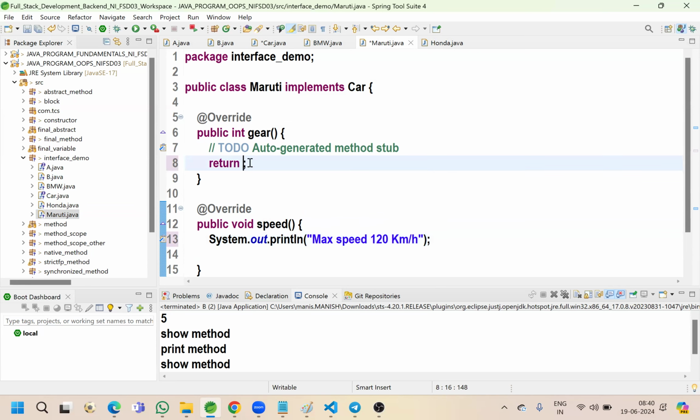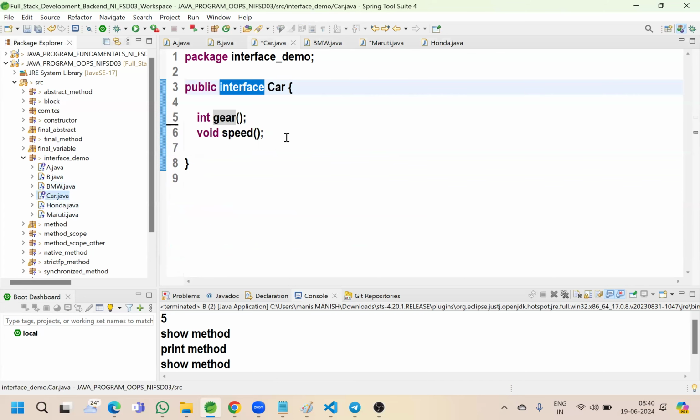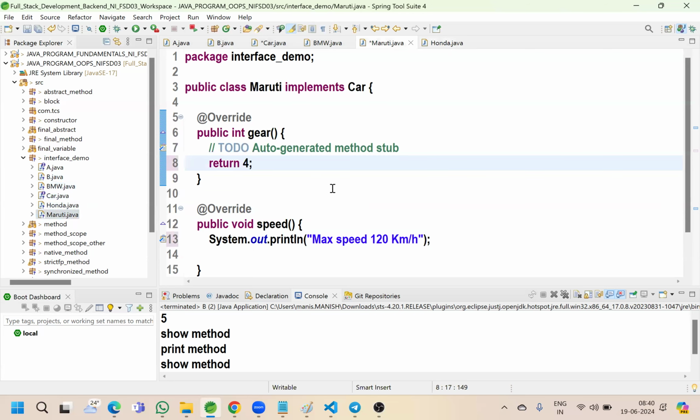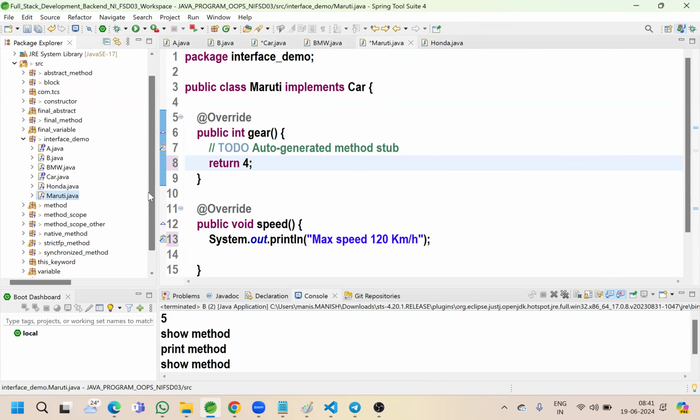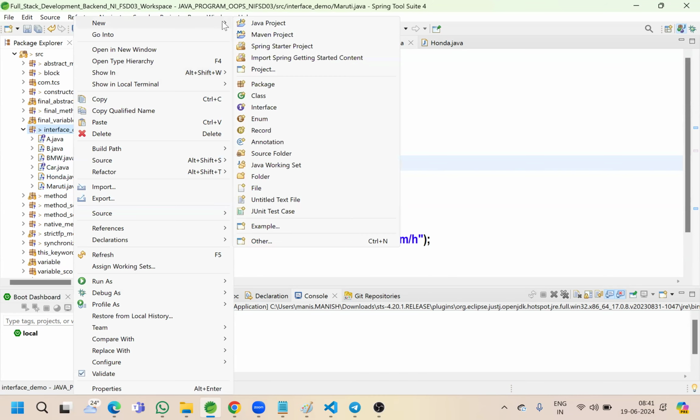So this will be supported 4 gears. Our BMW will be supported 5 gears. So this is our specification we have defined under our interface. So if I want to get the information of any car, so what will I do? So first we will create implement. We will get information. I am just writing one